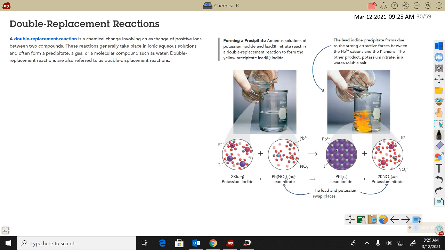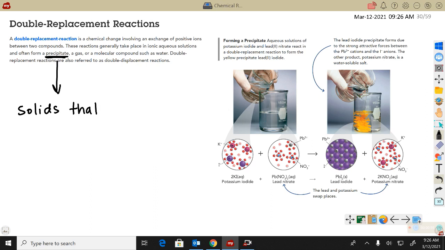In a single replacement, we always had one element that was single, and it was replacing an element in a compound. Now you're going to have two compounds, and they'll each kind of switch an ion. They usually form something called a precipitate, a gas, or a molecular compound like water. We should mention precipitates are solids